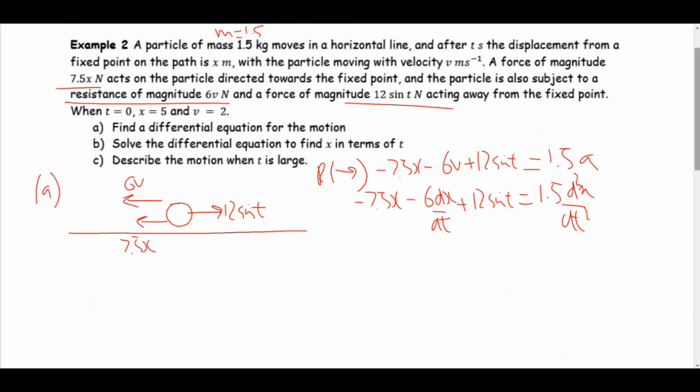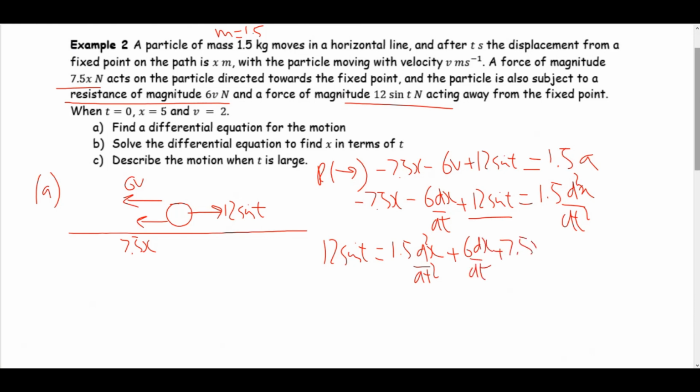Now to rewrite this in a form where we can solve it easily, I'm going to get all the terms on one side except keep the 12 sin t by itself, and that will give me 12 sin t is equal to 1.5 d2x by dt squared plus 6 dx by dt